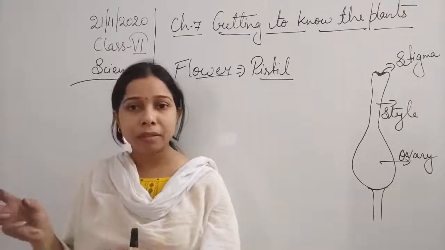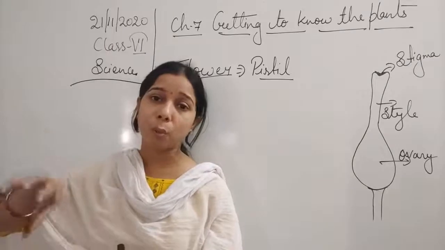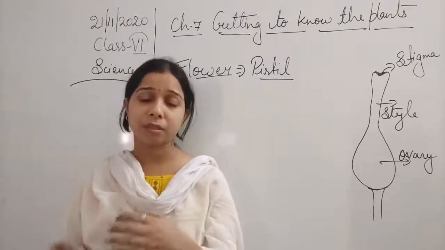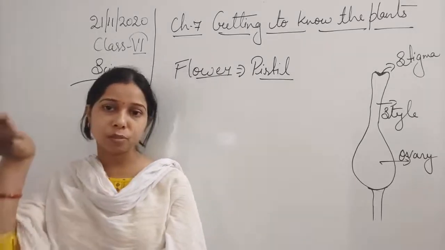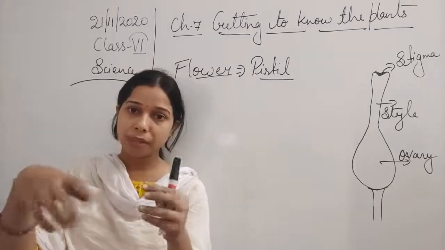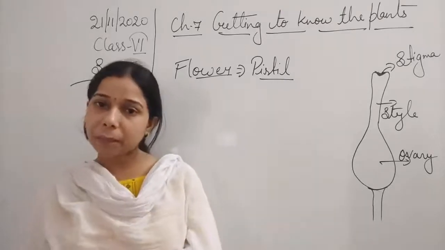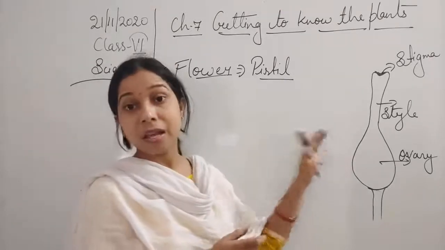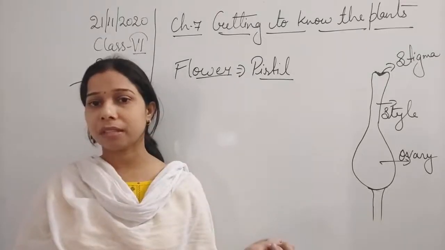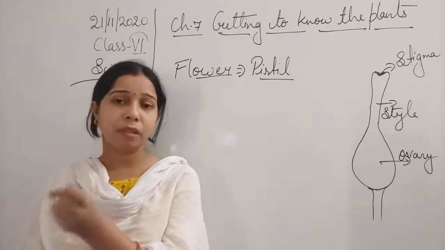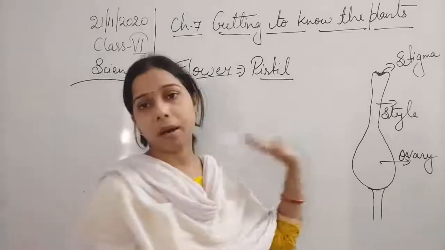When the pollen grains blow from the wind, from the water, they get stuck, or even with the insect also. An insect used to sit on the flower, so pollen grains get stuck on its feet, and ultimately from the male part, when it reaches the stigma, since it consists of a sticky substance, the pollen grains attach to it. Pollen grains also stick on the stigma.